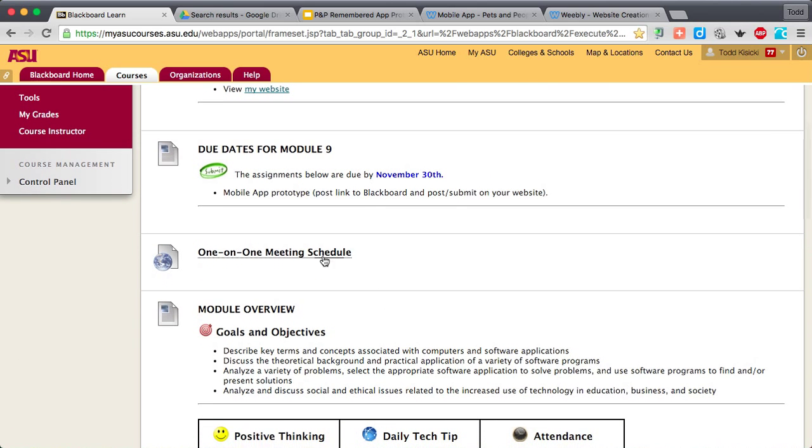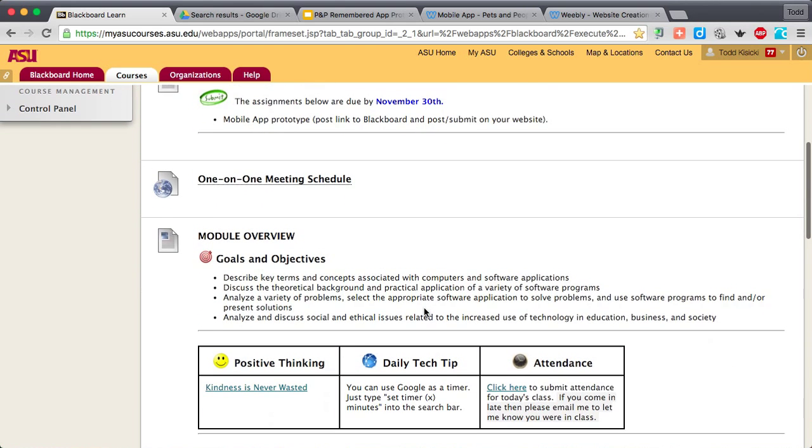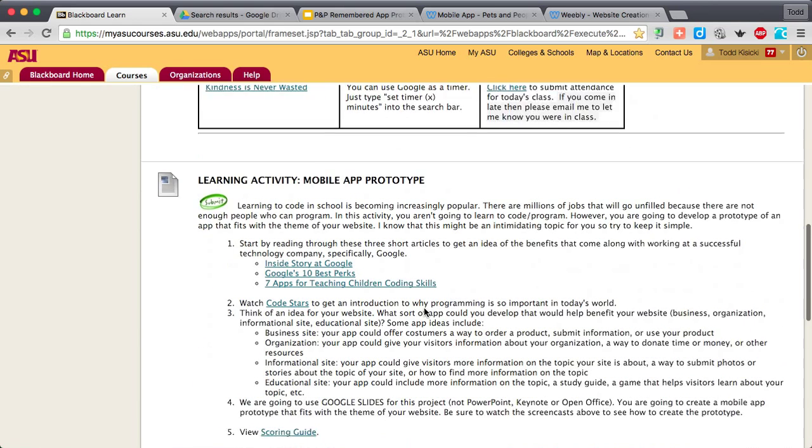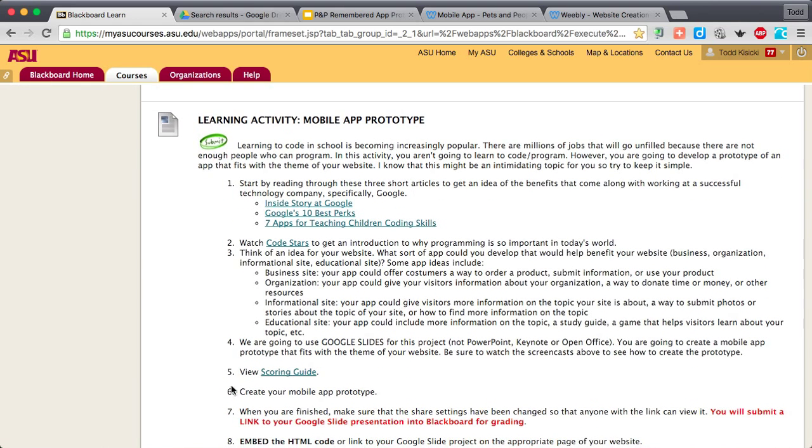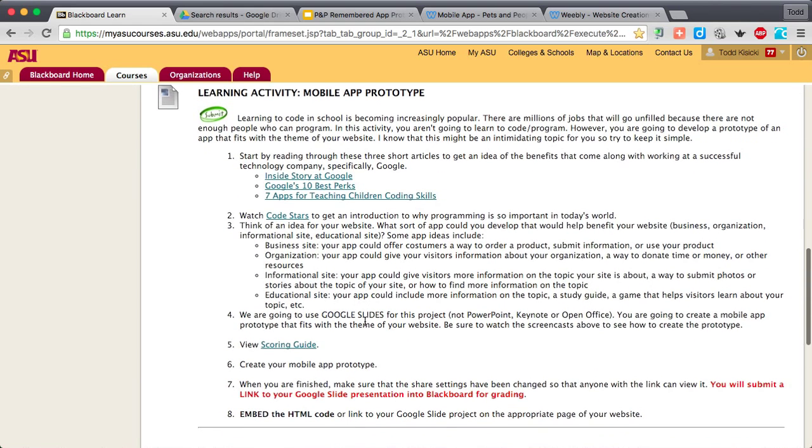So just double check your meeting schedule with me. We're in our last round. And I've got the mobile app prototype learning activity here. So I've got some information on coding. Again, you're not going to have to know how to code, but I just want you to get a little bit of information. And then you're going to think of an idea for your website that you could build